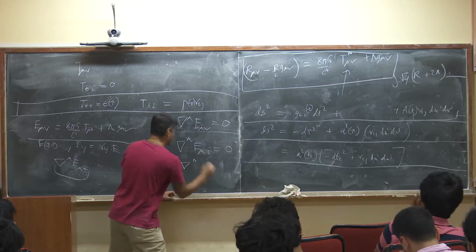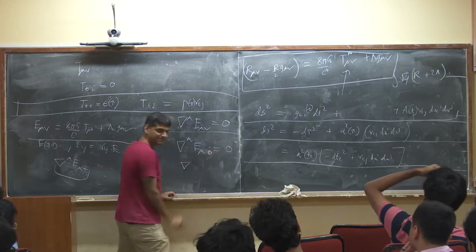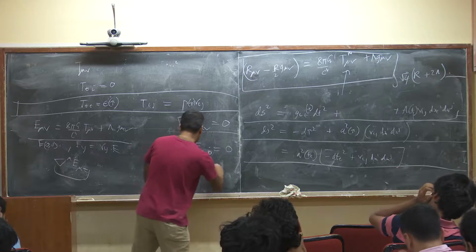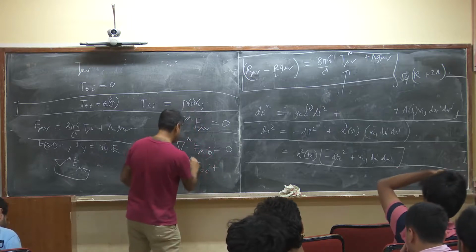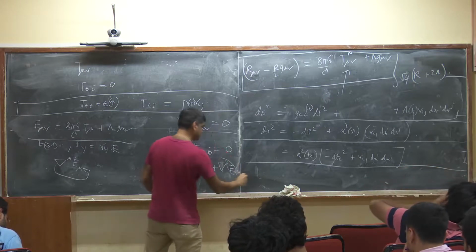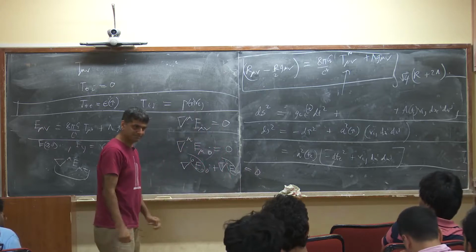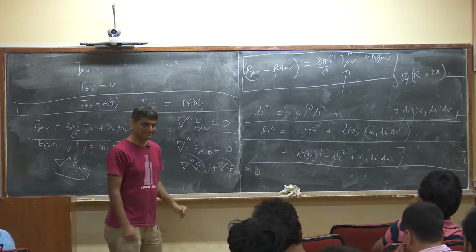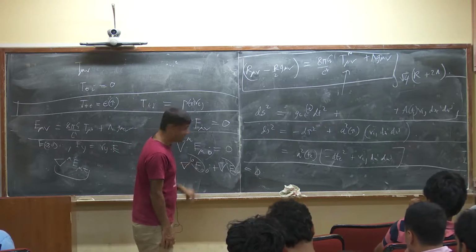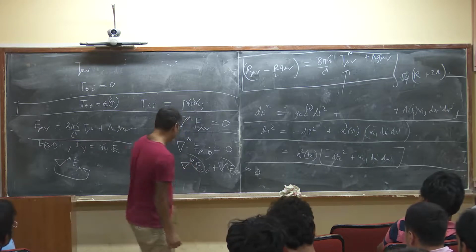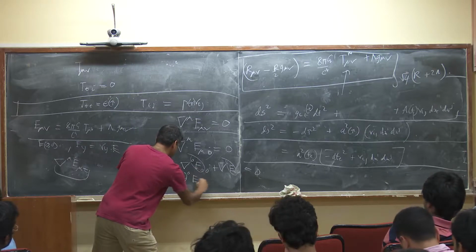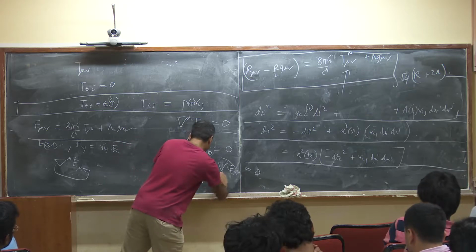On the other hand, let's look at the guy with the free index 0. This is d0 E00, we have to take this carefully, plus d I EI0 is equal to 0. Now let's work all these terms out. This guy here has a time derivative plus a Christoffel symbol. The time derivative will give us del 0 E00, and then plus we will get gamma